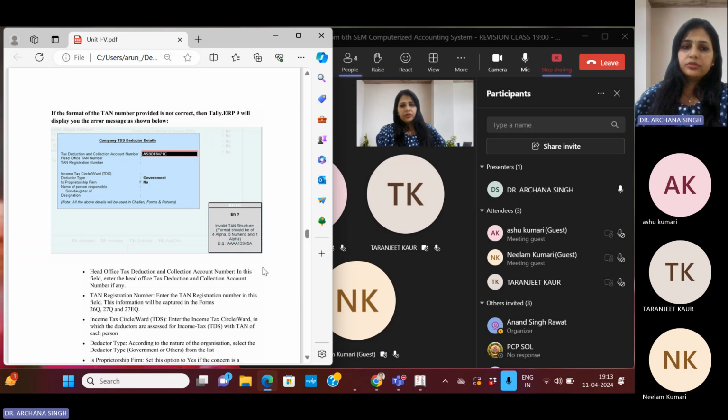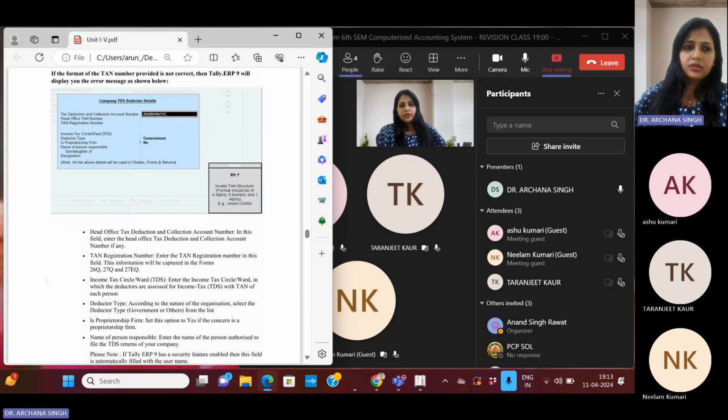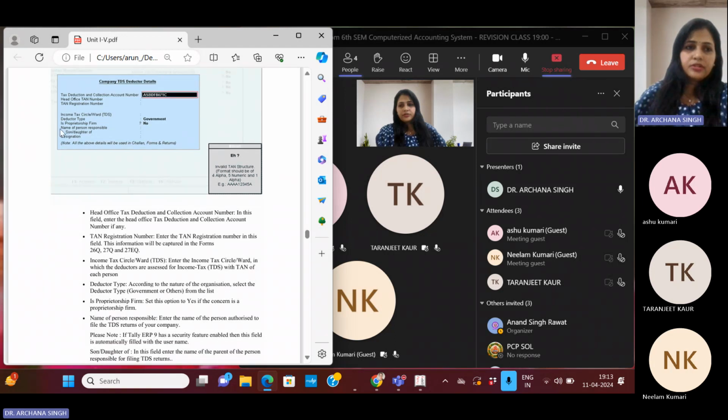It will show this type of section: account number, head office TAN number, TAN registration number, income tax circle or ward, deductor type, proprietorship firm, name of the person responsible, son or daughter of, and its designation. Okay, these things I had already